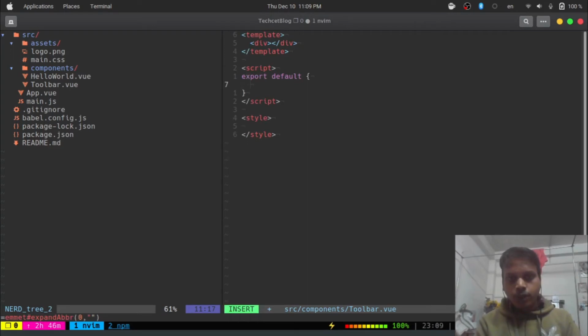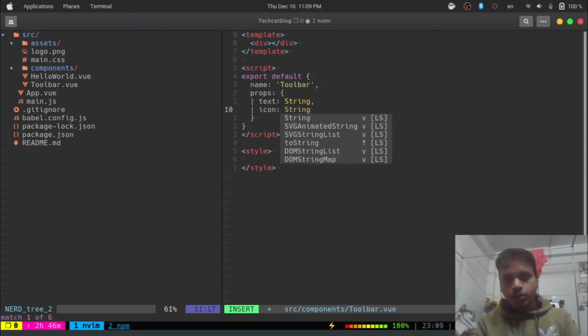So template, we are going to use a division element at the moment. So export default, and then we just need to pass name. Here we just need to use toolbar, like this one I think, and then props we need to use